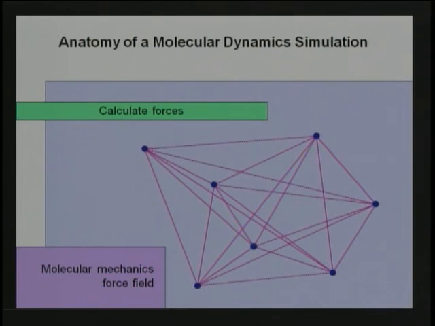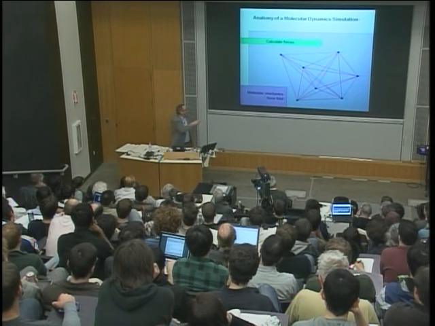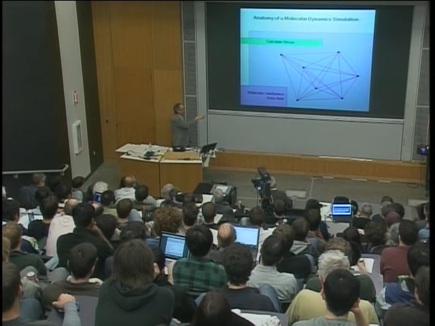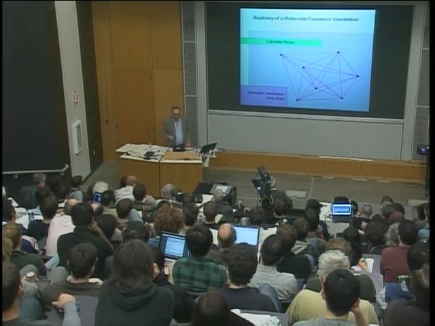So the first one is, there's a little bit of a lie, but think of it as you're calculating the forces among all pairs of atoms in the system. Now, you can actually cheat. With this atom right here, you don't have to account separately for the way it interacts with things that are really distant from it. But the key inner loop, the thing that takes the most time inside an MD simulation with ordinary hardware at least, is this quadratic problem of interacting this guy with all of the ones around that are within a certain interaction radius.